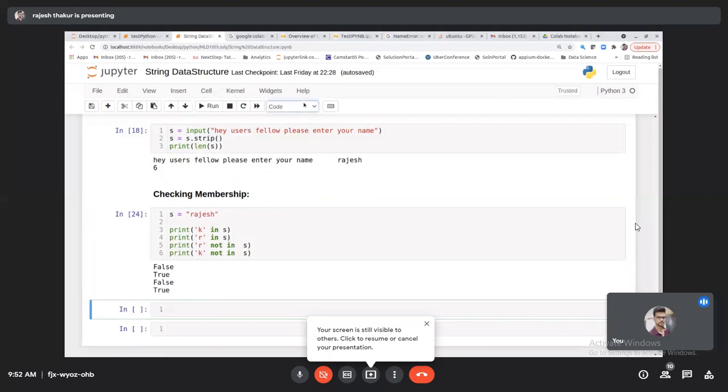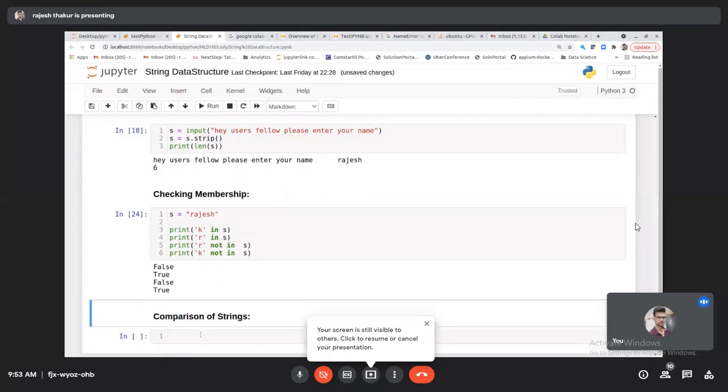So actually I have to restart my system. It's getting hanged. Anyway, we'll discuss comparison of strings. So what I'm trying to do, we are going to take two strings from the user. Hey user, please enter one string. So how can we take the user input? Allow me 2 minutes, guys. I'm coming. Wait.